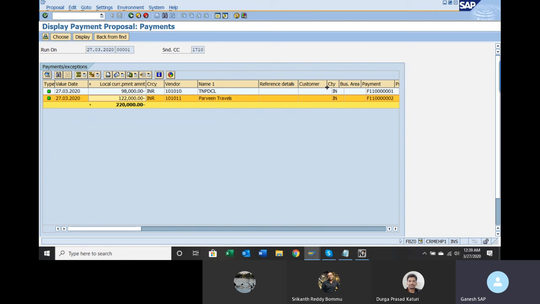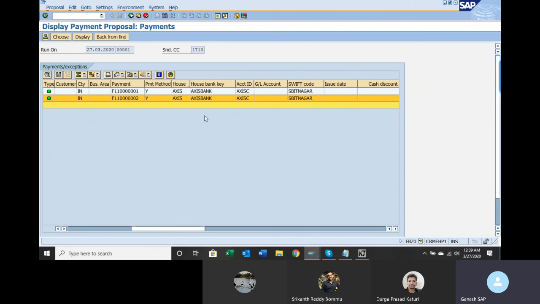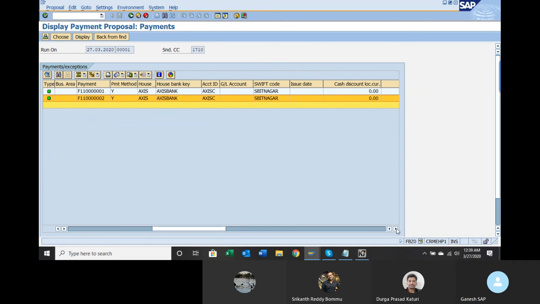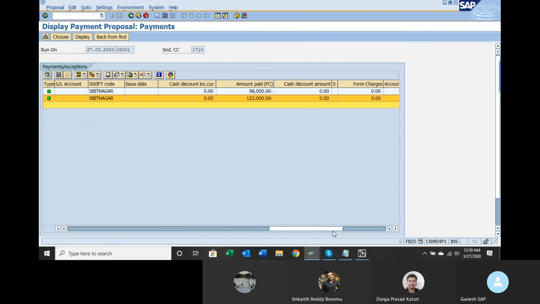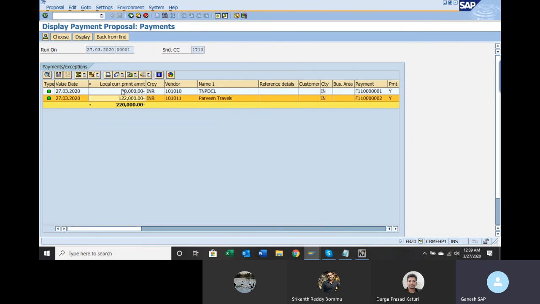So this is a lot. Two vendors have been considered, with one vendor invoice in 101010 and another invoice in 101011. So two invoices have been considered for payment.